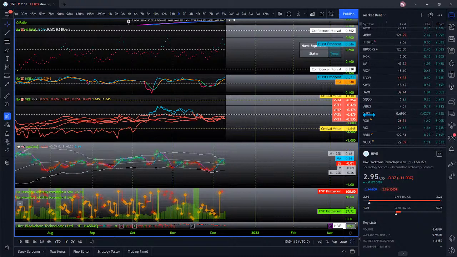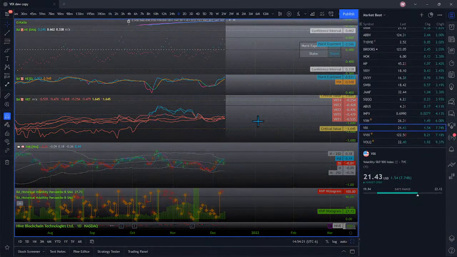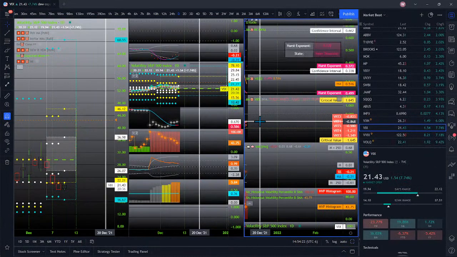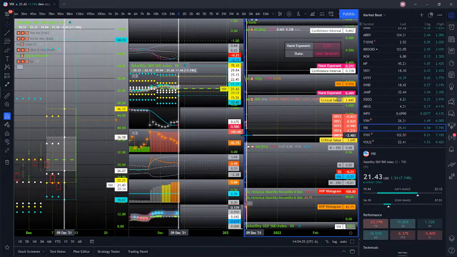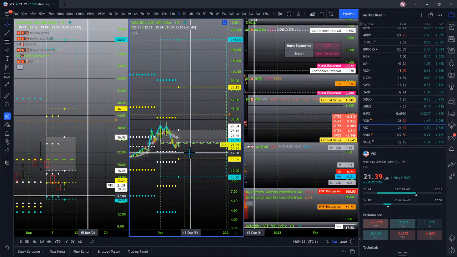But yeah, so we can look at UVXY, or I mean, yeah, we can just look at the VIX, right? The VIX was pretty cool. It had a crazy down move. It was down about 40%. And then we can open up. Yeah. So this is